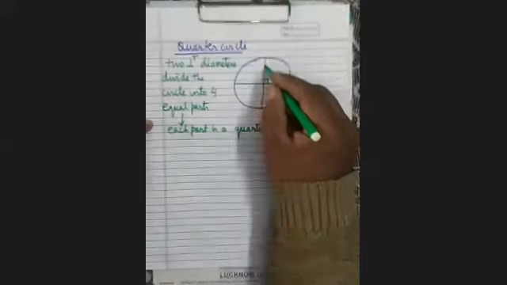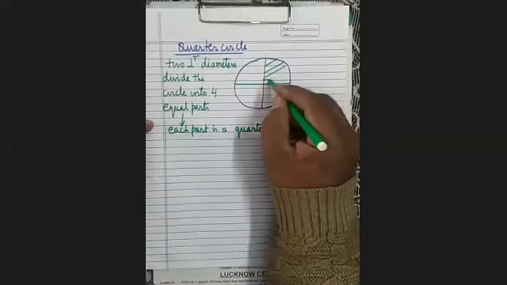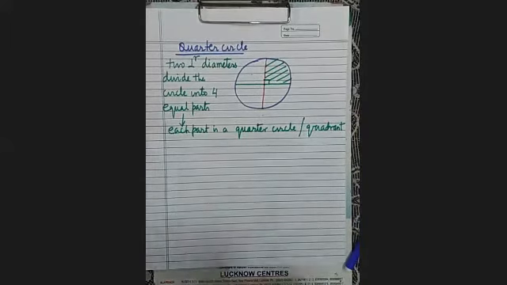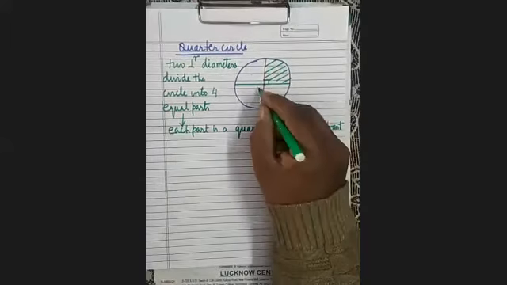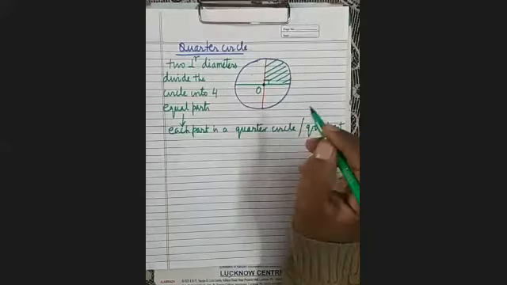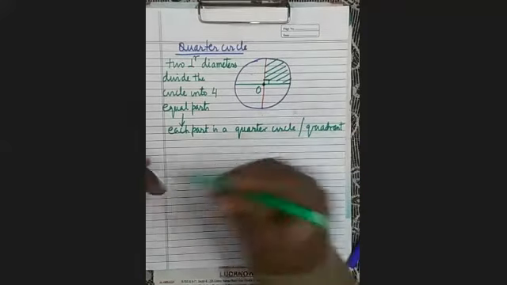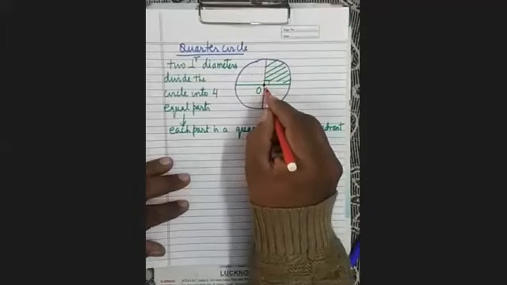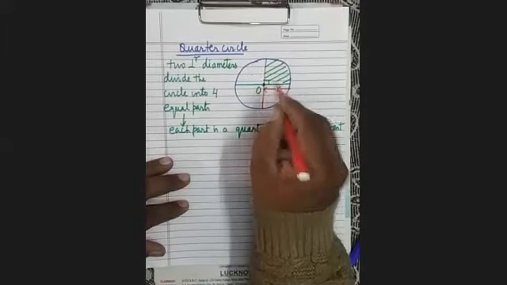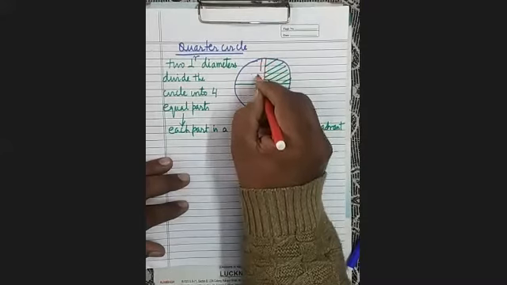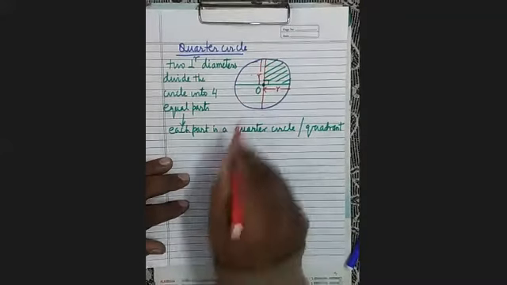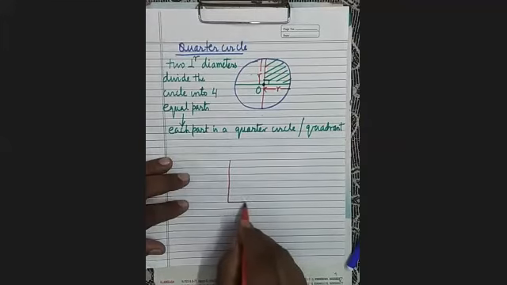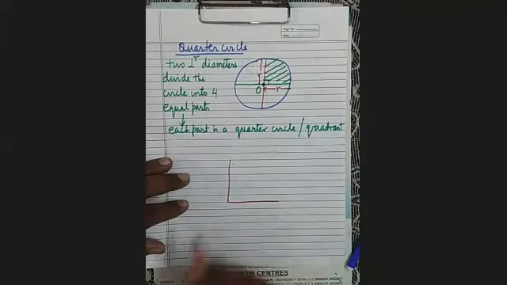हर एक पार्ट क्या है, मतलब हमने एक क्वार्टर सर्किल को सेट किया है, ये क्वार्टर सर्किल. It's clear. Now since these are diameters, this point will be the center. और ये सेंटर है, तो बताओ what will be this distance. This distance will be equal to radius. ये डिस्टेंस भी क्या होगी, रेडियस. तो अगर हम क्वार्टर सर्किल को अलग बनाएं, यहां पर हमने क्वार्टर सर्किल को अलग बना लिया. It's clear.